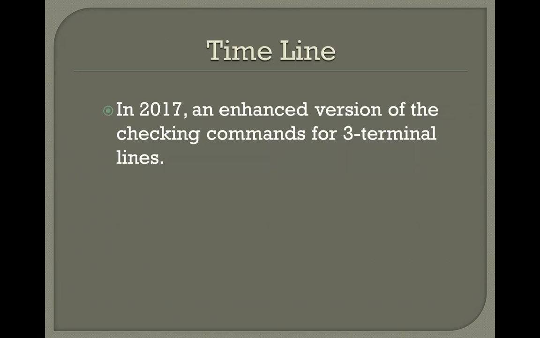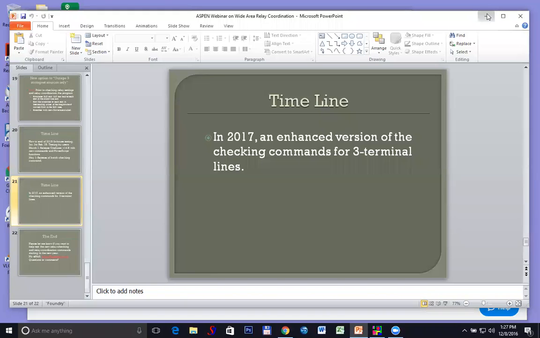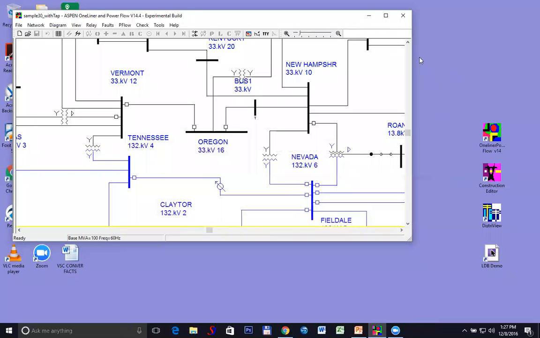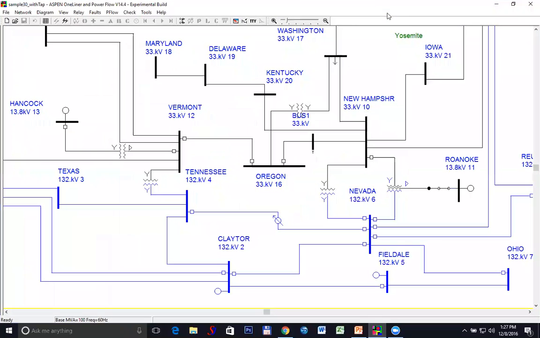I'm going to show you actually how these commands work in a sample system. So bear with me for a minute. So I'll close this program. Okay, so here's the 30 bus system that all of you know.